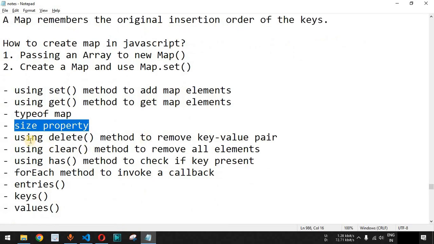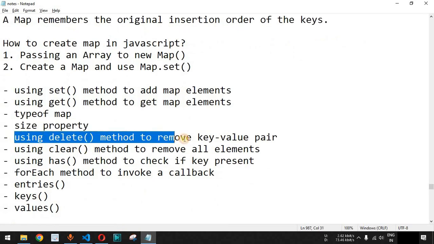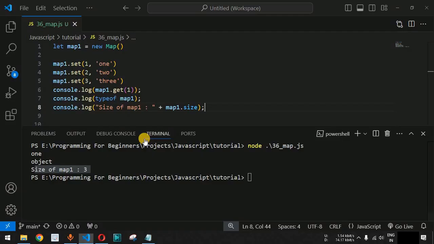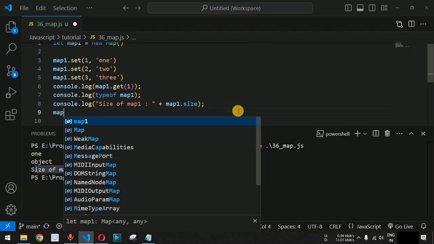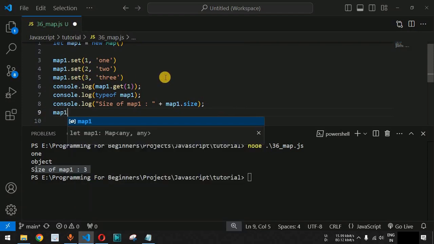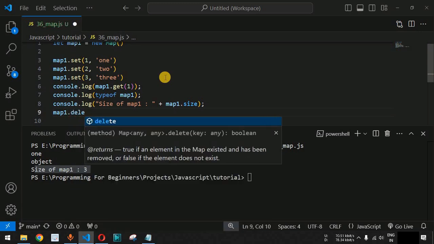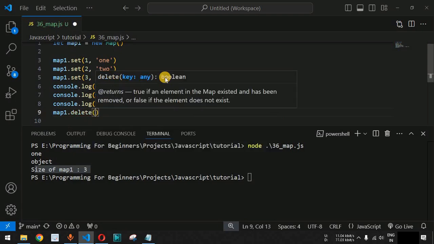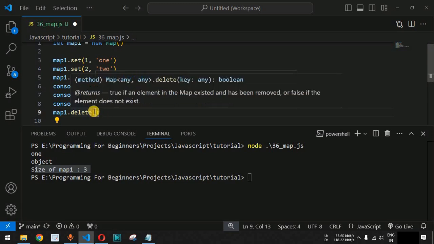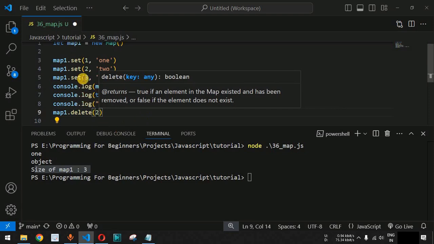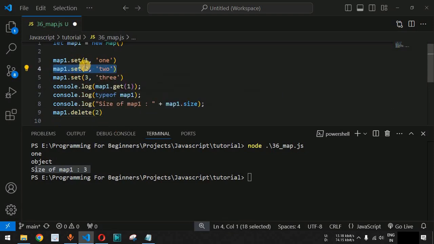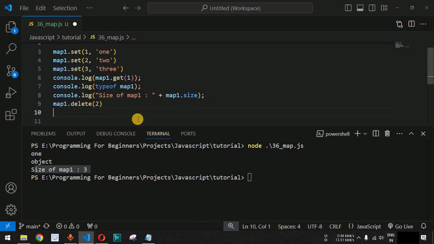Now guys, apart from this, we can also use the delete method to remove the key value pairs over here. So simply what we can do is, let's say we want to remove one of the keys. So let's say we want to remove the second key from this particular map object. So simply we will say map1 followed by the dot character, and then we have the delete method over here. Now guys, this particular method takes one of the keys as the parameter which you want to delete from the map. So let's say we provide the key as 2 because that is the key value pair that we want to remove from this map, and then what we will do is simply we will have the updated key value